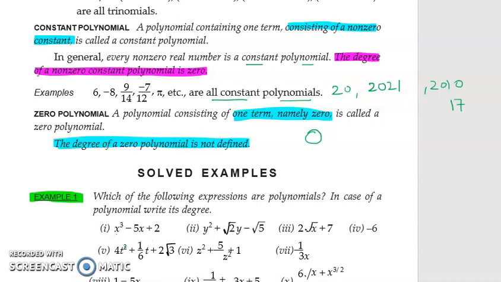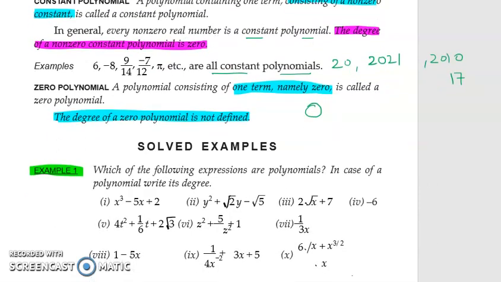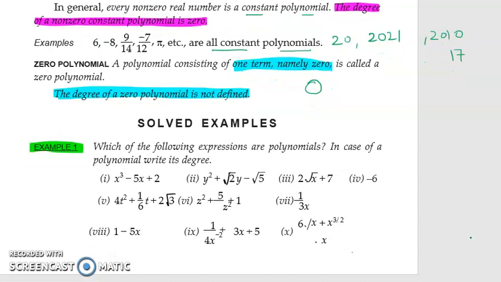If you remember, I'm giving you a hint: non-negative integral powers. All this was explained, so we will be using the same thing, students, and you will repeat this in your fair registers without seeing the solution. All right, I'll start. Now see your first, x cube minus 5x plus 2.